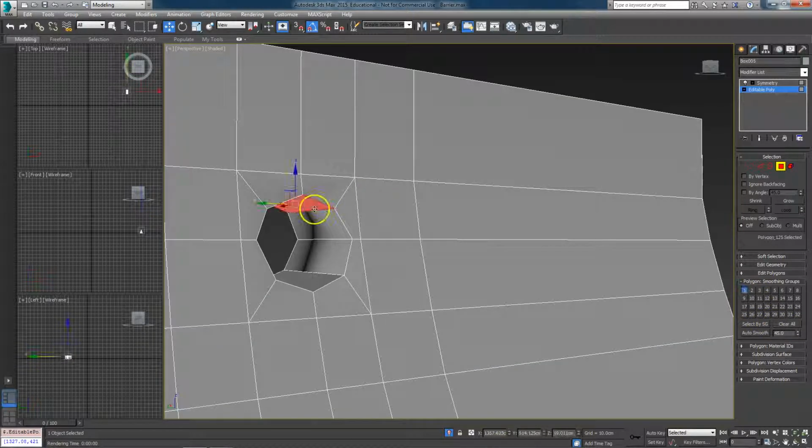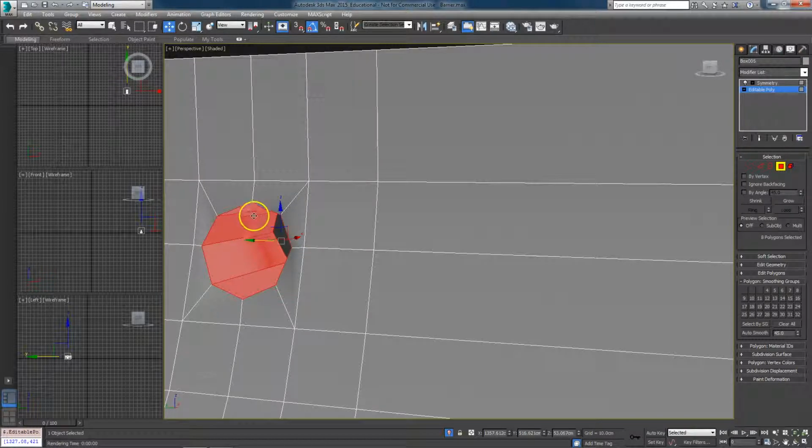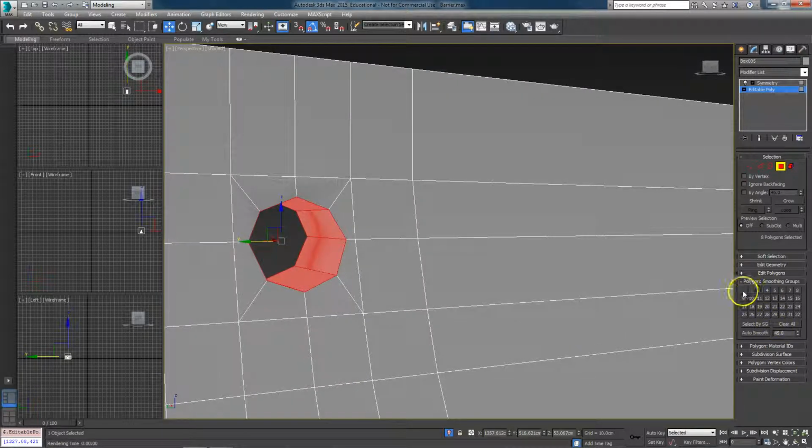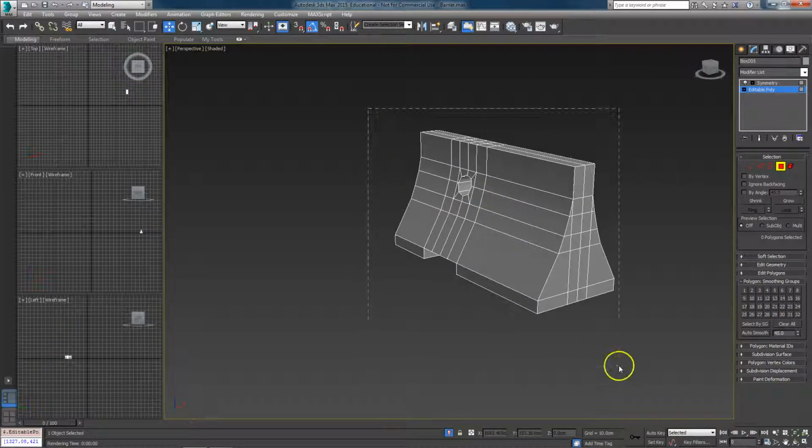And then inside here, so this is 2. We can make sure that these are all 1. And it looks like there are 3 different smoothing groups in there. So there's 3 smoothing groups. Clear all, and we'll make it 1. So we end up having a total of